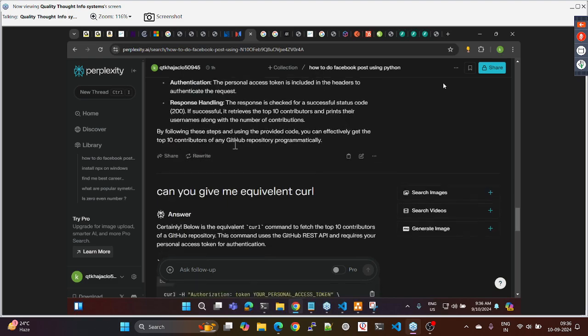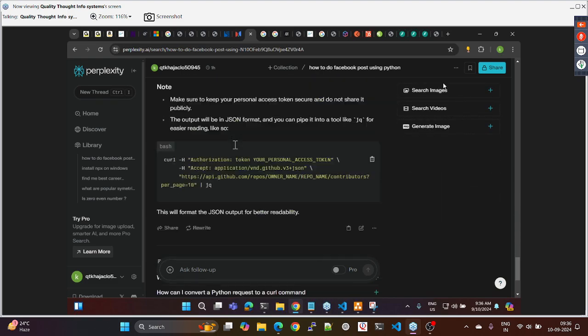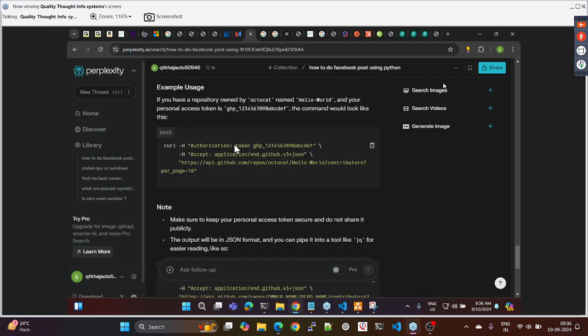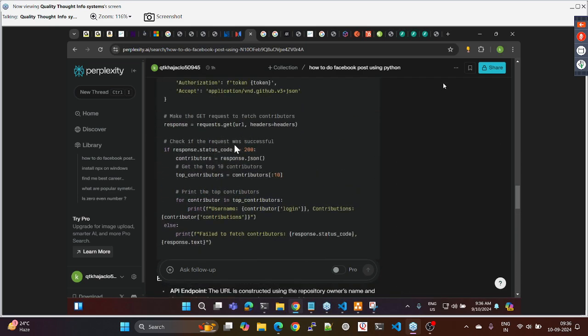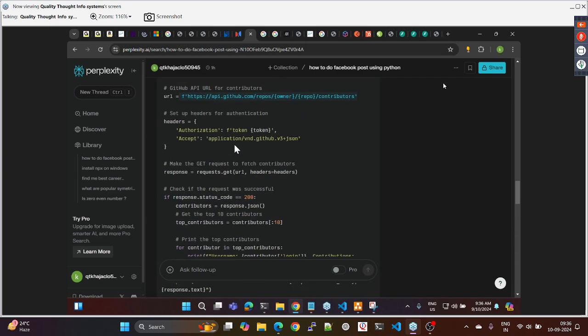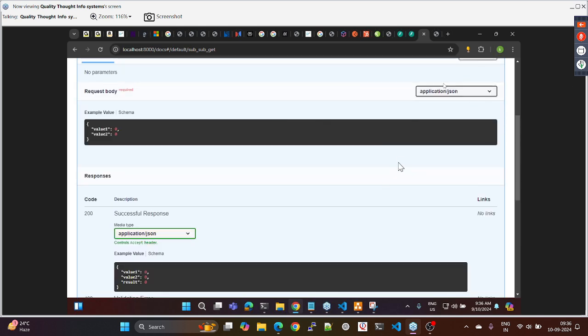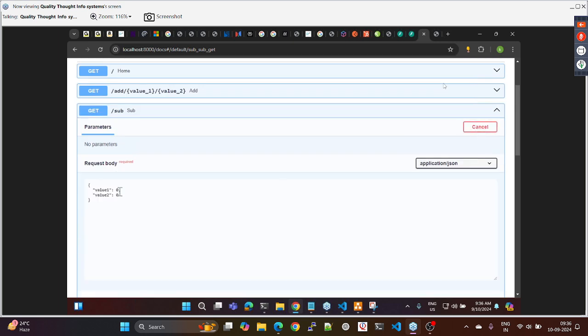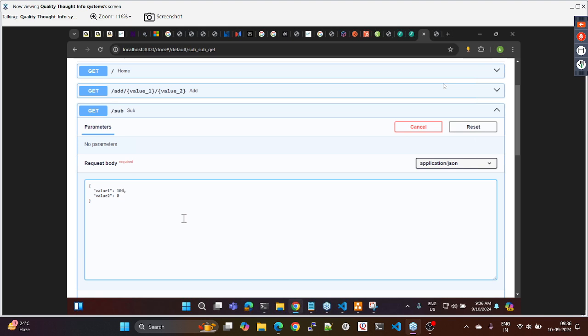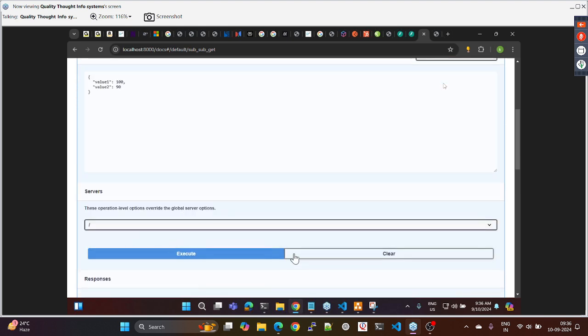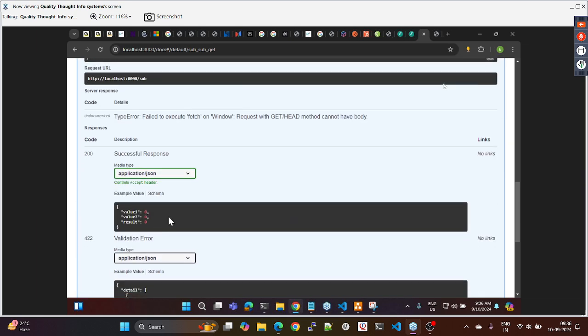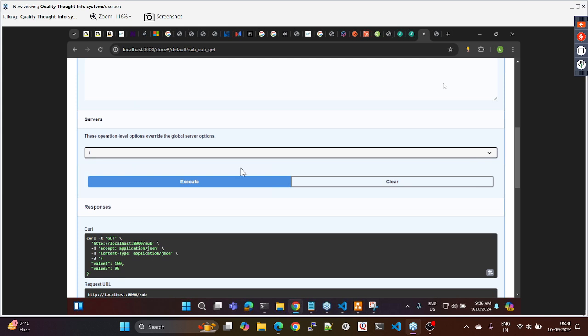Okay, so I'm not sure where did we try that. Okay, but generally in the request you will have a certain structure to be sent. Now here I have a structure. What is that structure? Value1, value2, and result. Now all I'll try to do is I'll try it out. My value1 is 100, my value2 is 90, and let me try to execute. So it tries to tell that, okay,